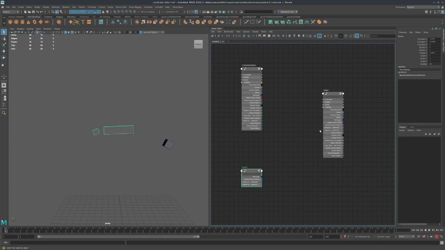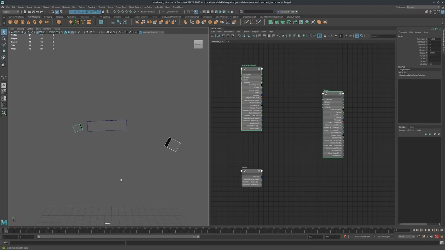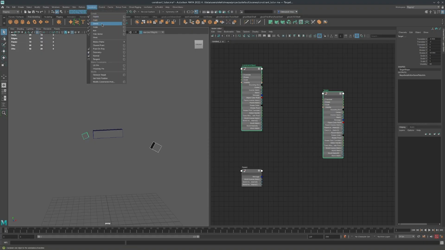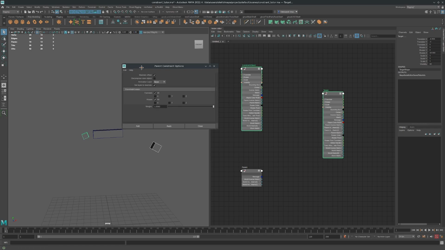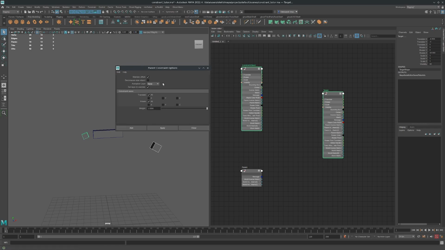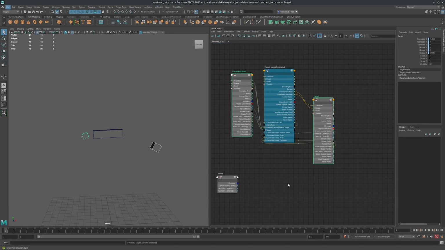And first of all, let's see how the standard parent constraint node works. First I want to create it and show which options it has. So let's select my constraint object, my target, and create a constraint. So let's see the options. Here we can see that it has the maintain offset set on, and if I create my parent constraint, you